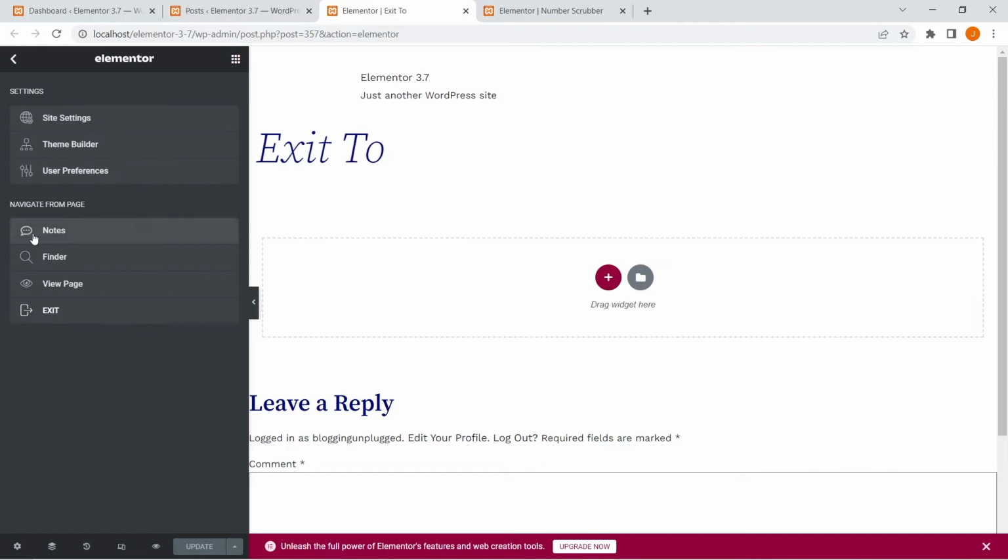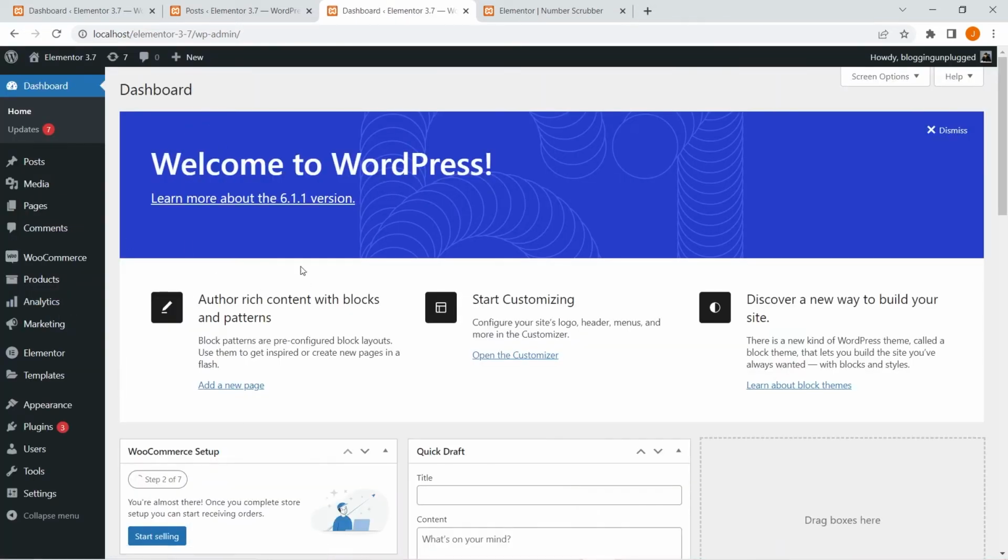Okay, now let's just go and click this option, and it will take you to, as it says, the WordPress dashboard. See, it will take me directly to the WordPress dashboard. So this is basically the new option that has been introduced in Elementor 3.7. It basically lets you select where you want to exit from your